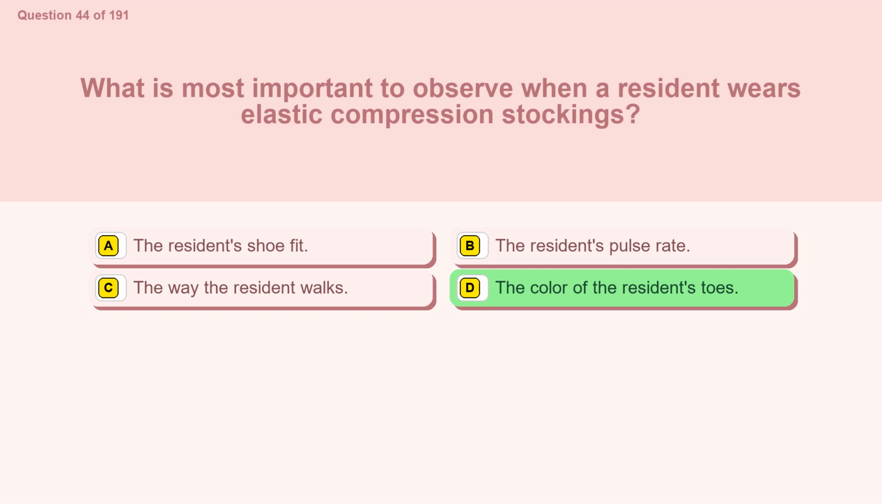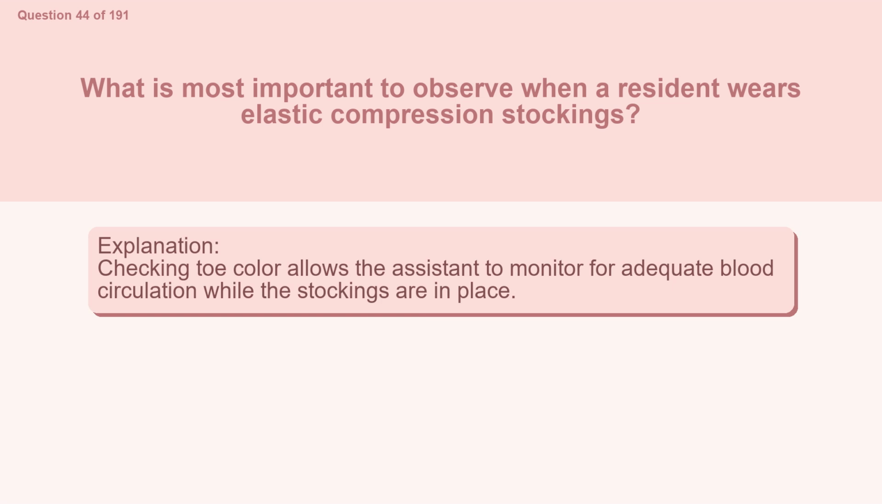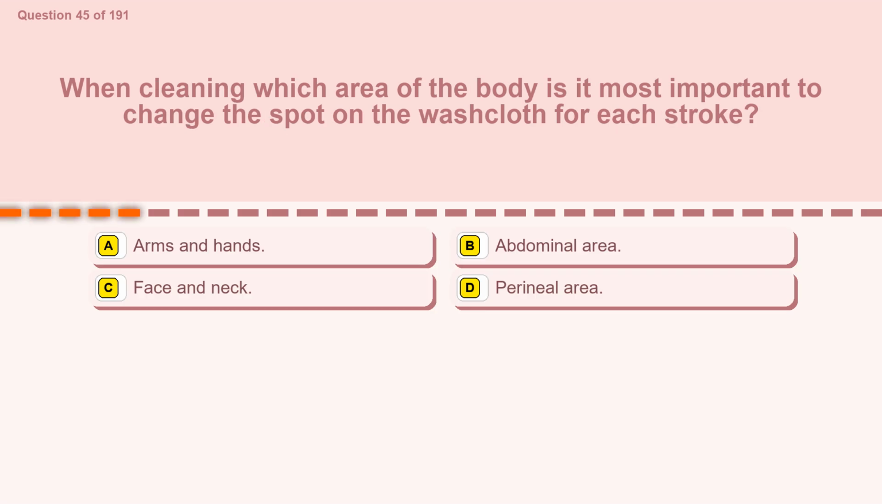The correct answer is option D. The color of the resident's toes. Checking toe color allows the assistant to monitor for adequate blood circulation while the stockings are in place. Question 45. When cleaning, which area of the body is it most important to change the spot on the washcloth